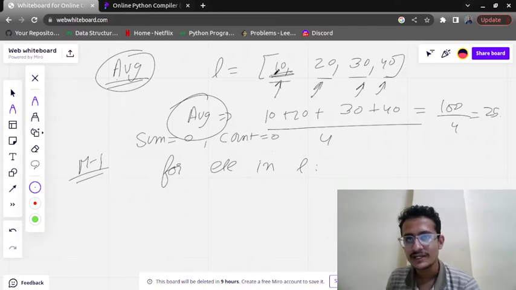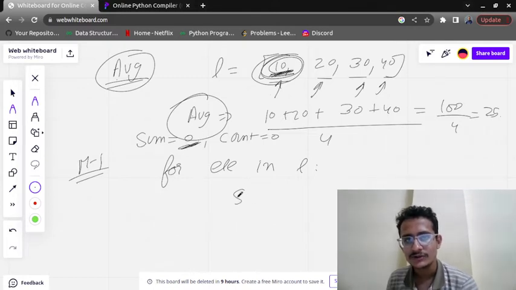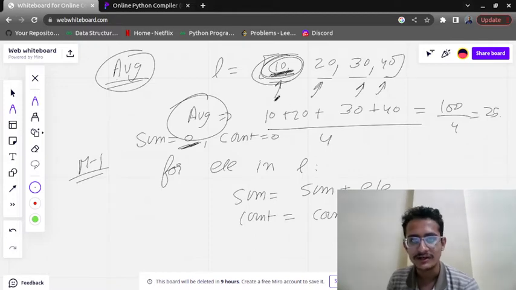Then I add the first element, 10, to the sum, and I also increase the count by 1. So sum is now 10 and count has become 1.